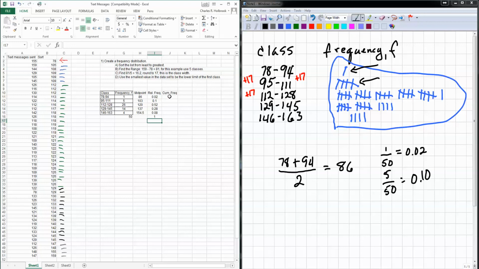And now we're going to find the cumulative frequency, which means I'm just going to look at the frequencies and simply add them together. For example, the frequency here is 1, so the cumulative frequency is 1. Then I'm going to take that 1 and add it to this frequency right here, which is 5, so I end up with 6. The next one will be 6 plus 26, which will give me 32. The next one will be 32 plus 14, which will give me 46. And then the next one will be 46 plus 4, which will give me 50. You'll notice that this last cell has to equal the total number of data values that I have,